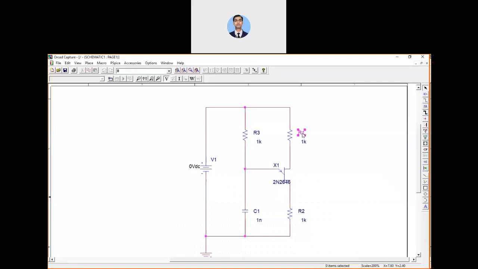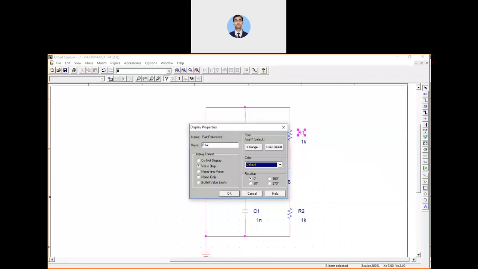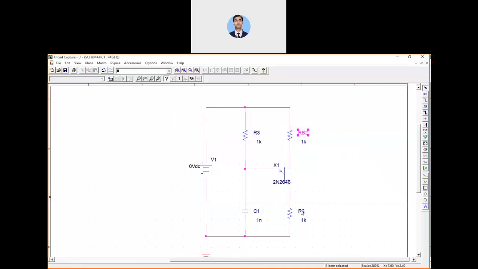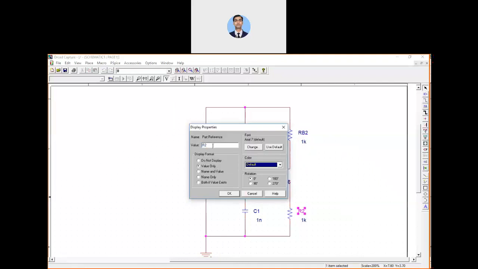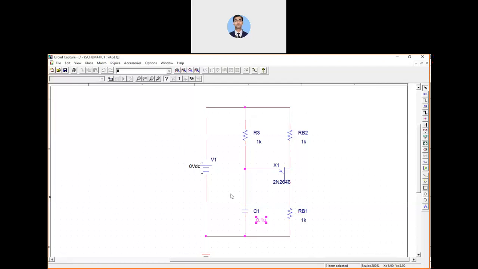Now please rename it. This is the RB2 resistance, base 2 resistance. This is RB1, base 1 resistance. This is a simple capacitance; its value, I'm going to take 0.1 microfarad.